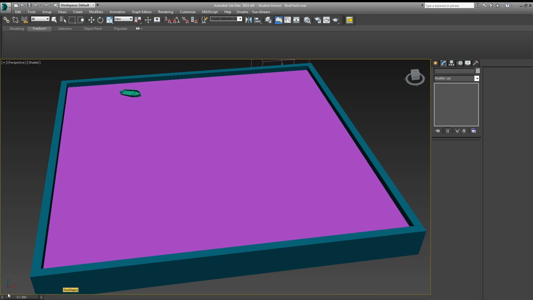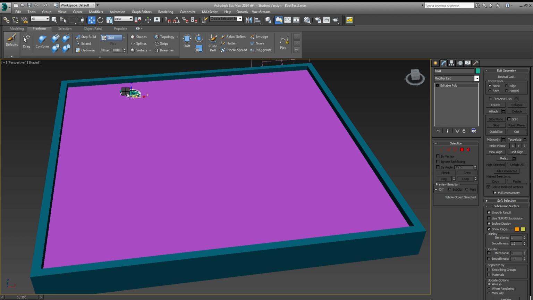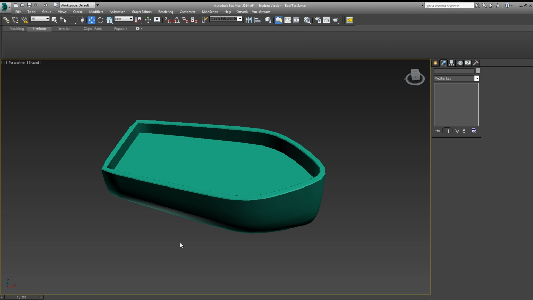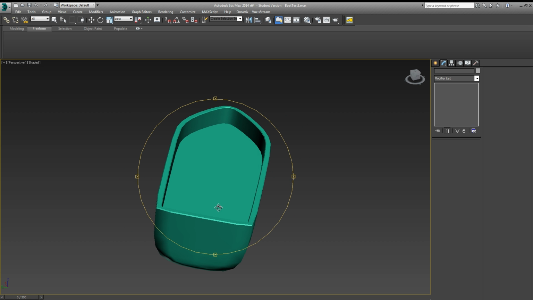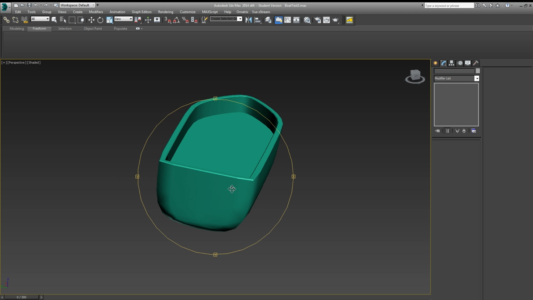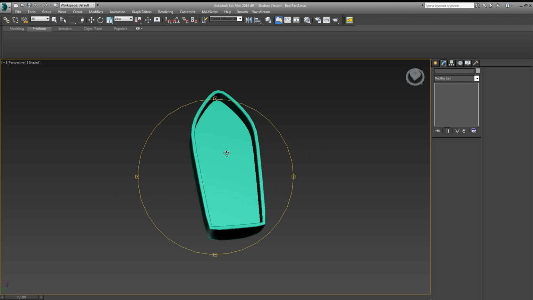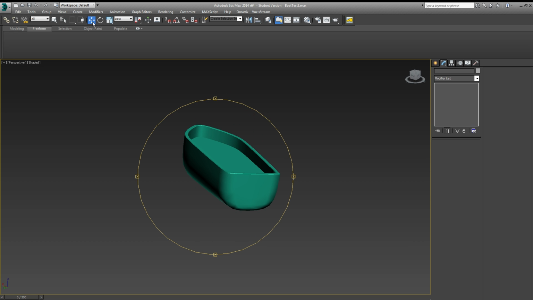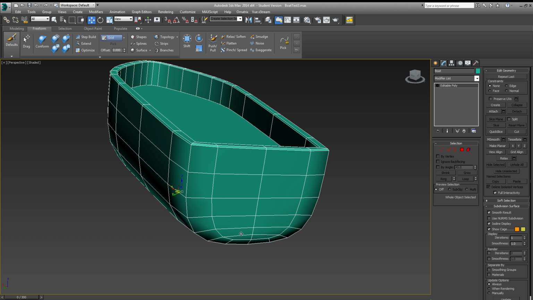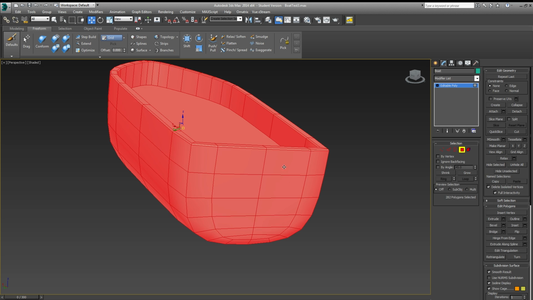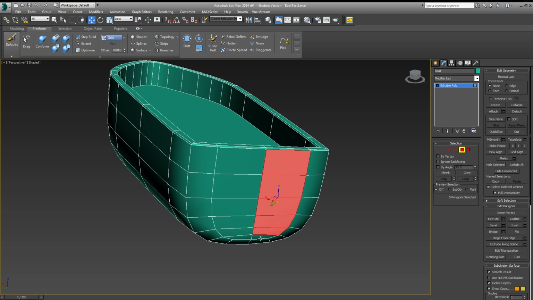So what I'll do is I will just isolate my boat here, and then I'm going to spin around and find the back of that boat. Alright, and we can do a couple things. I'm just going to go ahead and grab these faces,